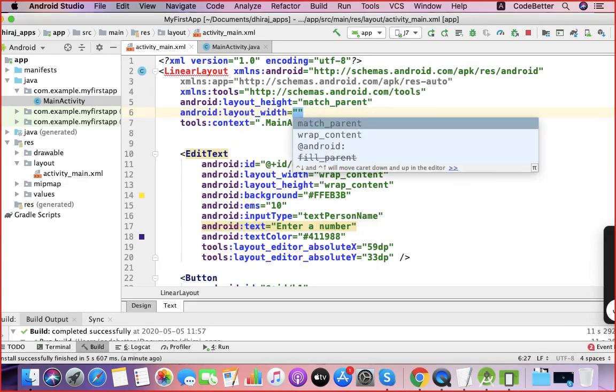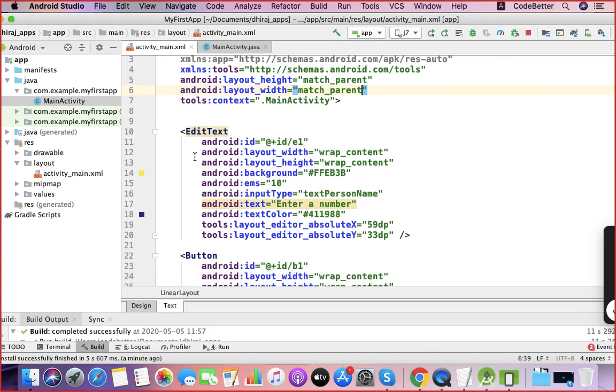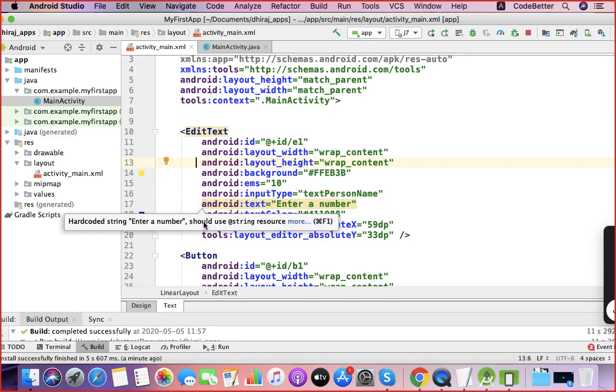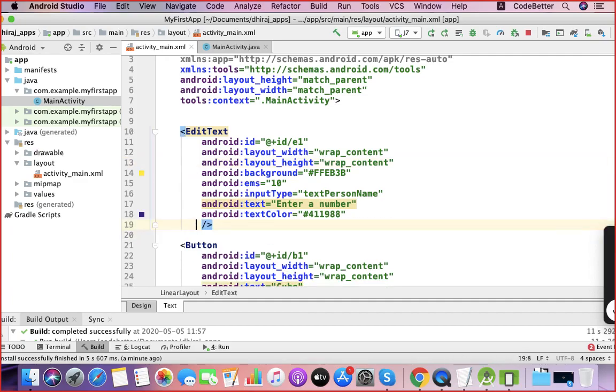Tomorrow we'll see this in detail. Okay. So let me just remove the extra property which is not required.